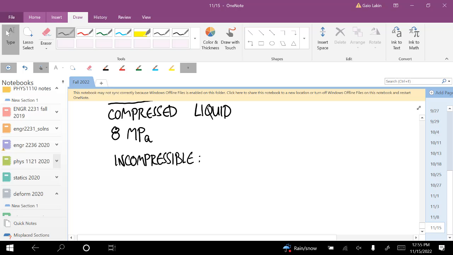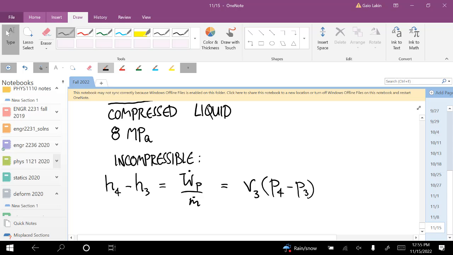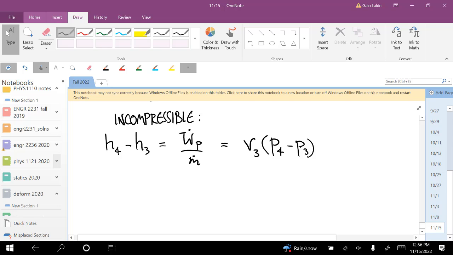So we know that H4 minus H3, which is equal to the work rate of the pump divided by the mass flow rate, is equal to the specific volume at 3 times the change in the pressures. And so H4, if we rearrange this,